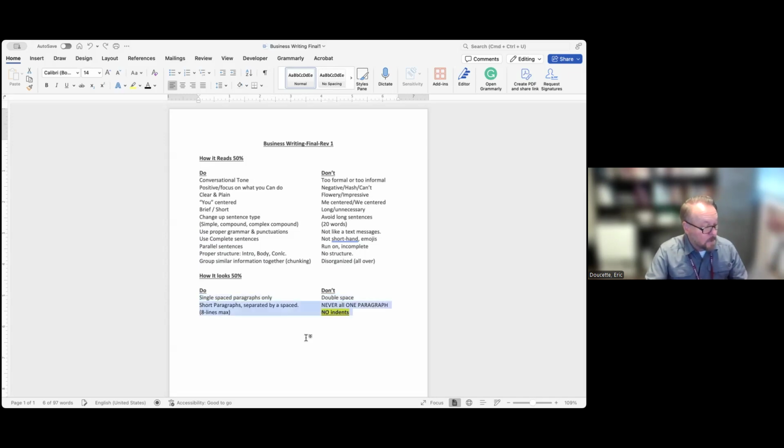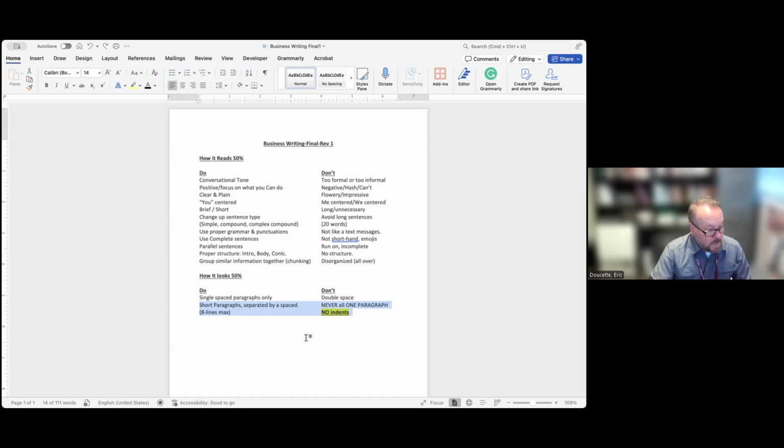And what I mean by that is in between the paragraphs, you want to have space. Paragraphs should be short, single-spaced, but a space between paragraphs. So not like, I end this paragraph halfway through the line and then I start the next paragraph right below it, tabbed in 1/2 inch. In fact, there is no tab-ins in business writing. It's short, single-spaced paragraphs separated by a space, no indented first line, and your document should never be all one